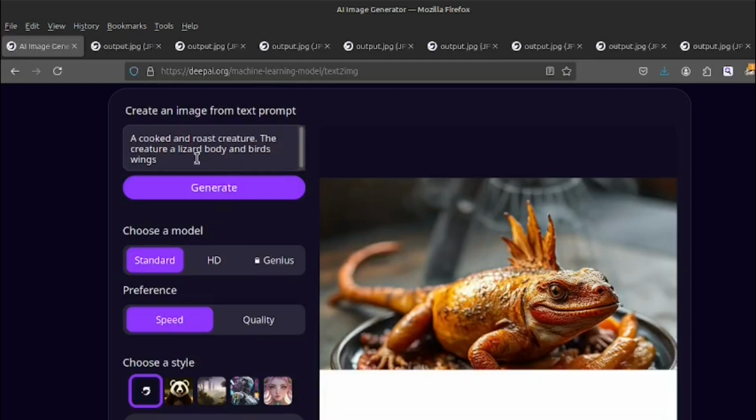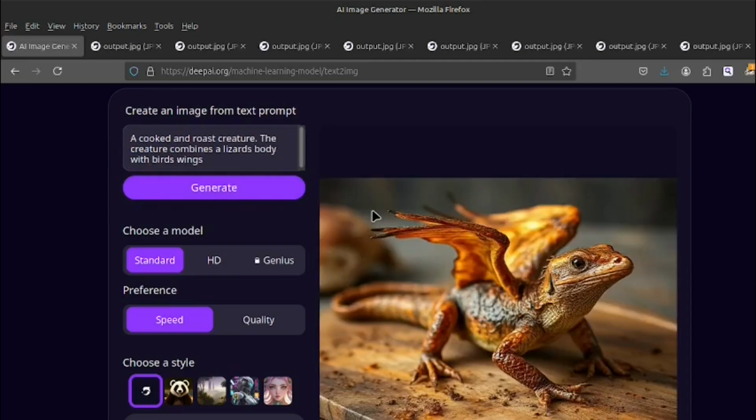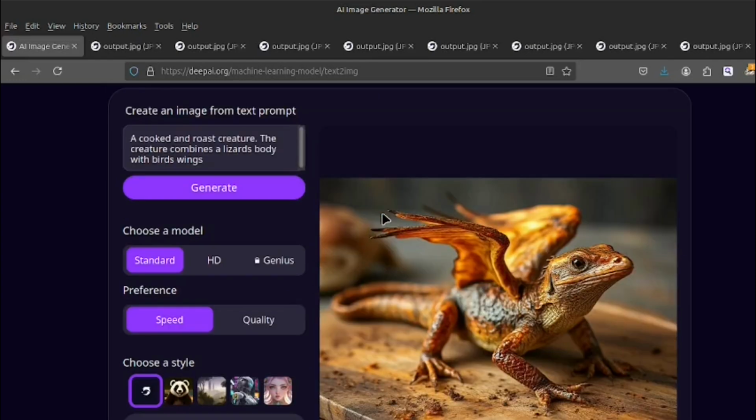Well, there's no wings on there. The creature combines a lizard's body with bird's wings. Yeah, it could be a lizard bird, but it's still not cooked.